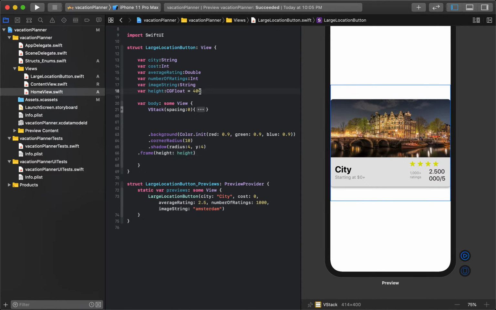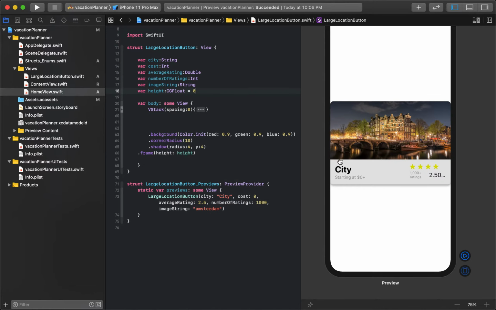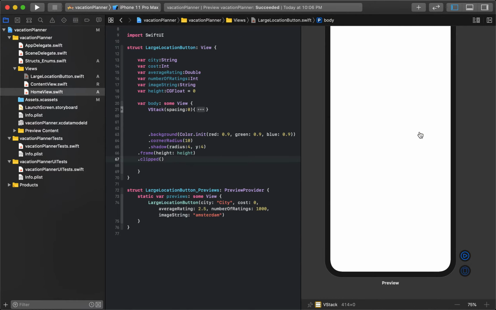But what I can also do is I can make it a height of 0. And let's see what that does. What does that do? It looks like it didn't do anything, but that's because we didn't clip it. So we can say clipped. And now suddenly everything goes away. So now that we leave clipped on, let's go ahead and write 350 here. And now let's look at it. So if we look at 350 with the clipped option,